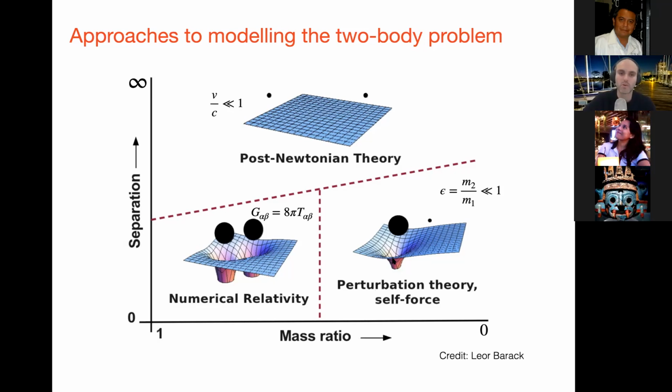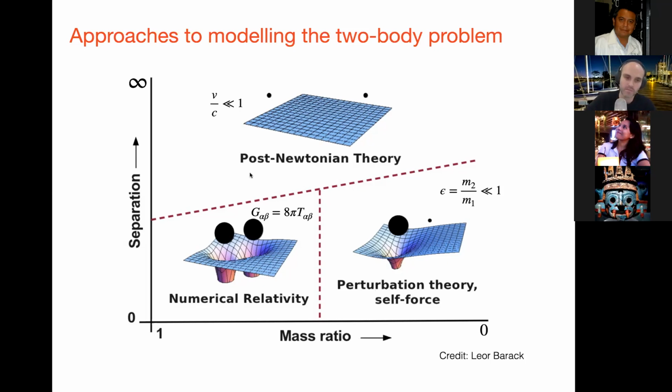There are perhaps a couple more, but these are the key ones I wish to talk about. We think of them in terms of their applicability: whether they model binaries that are close or widely separated, and also the mass ratio of the binary. If we want to model systems that are widely separated, we can use the oldest theory, which basically started to be developed by Einstein, which is to perturb around the Newtonian solution and perform ever higher expansions. In this case, the small parameter is some velocity associated with the body divided by the speed of light. And so long as the binary is widely separated, this will be the case, and you can